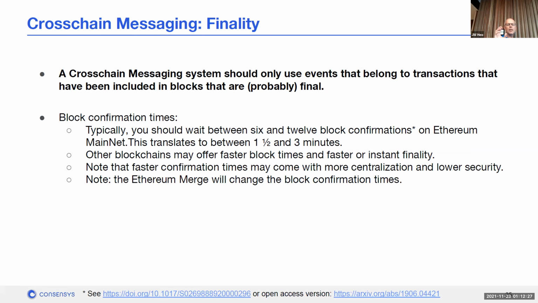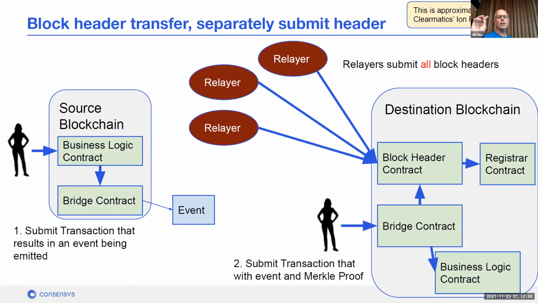So yeah, and that's pretty much what that says. So assuming you have these events that get emitted, you can imagine you could have a system like this, where a user submits a transaction, talks to a business logic contract, talks to a bridge contract, which emits an event. And then you have some relayers that transfer across all of the block headers to a destination blockchain. And then a user can submit a transaction on to that destination chain saying, here's the event, and here's